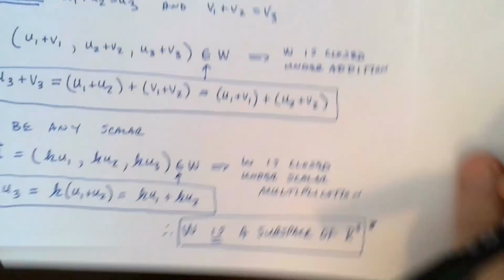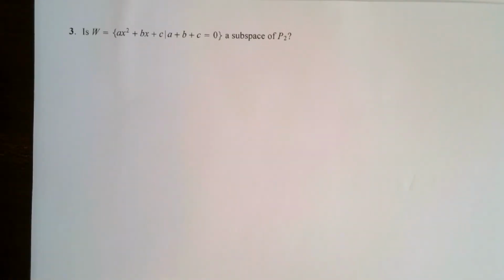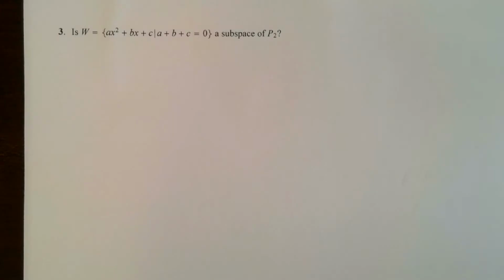types of vector spaces in these. The first one I'm going to look at is what we call a polynomial vector space. Trying to see if we have a subspace of a polynomial vector space. So let me explain this. We have